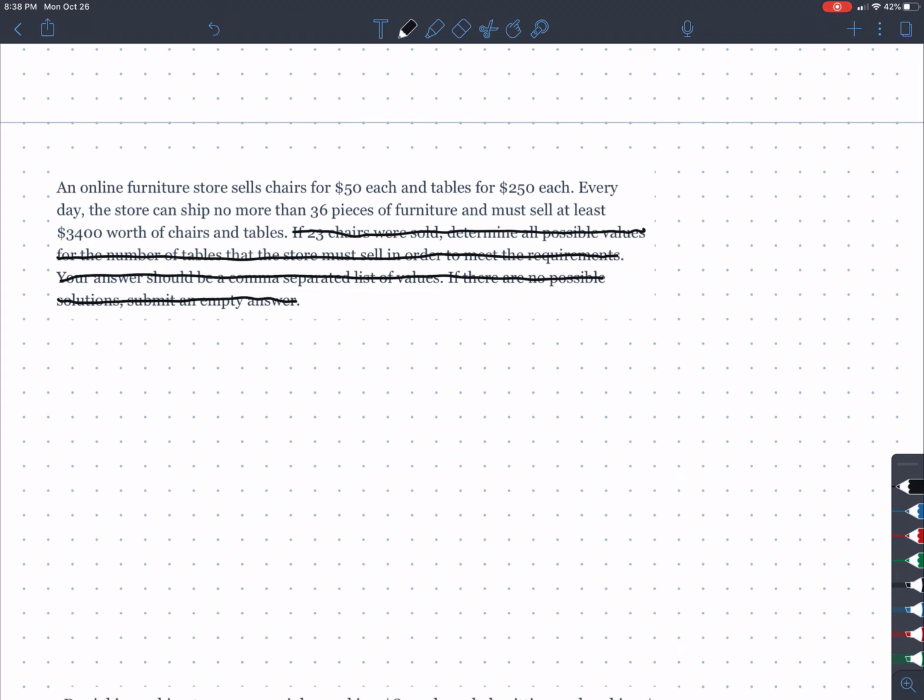An online furniture store sells chairs for $50 each. So we have chairs for $50, and we have tables for $250 each. Every day, the store can ship no more than 36 pieces of furniture and must sell at least